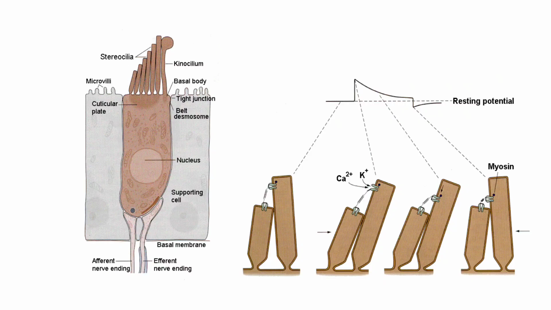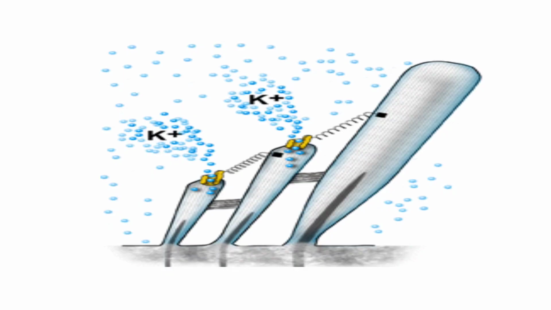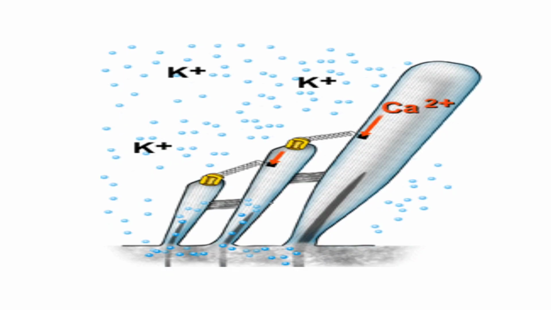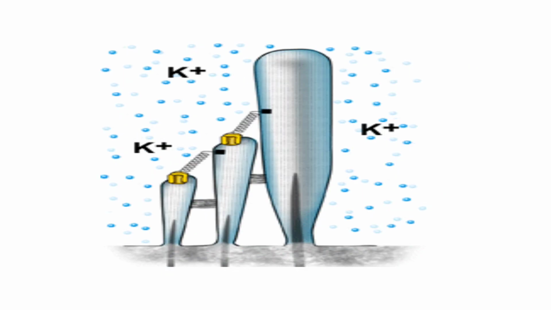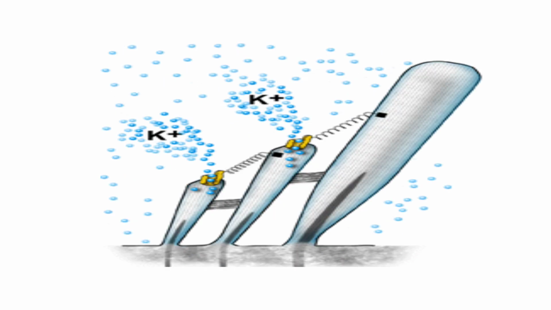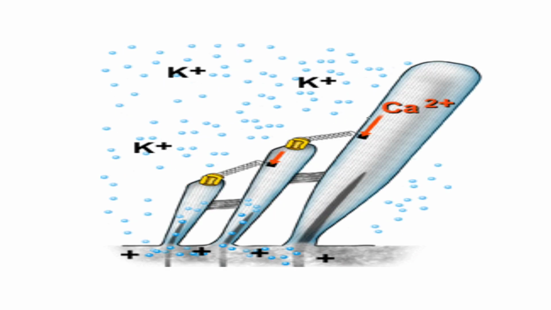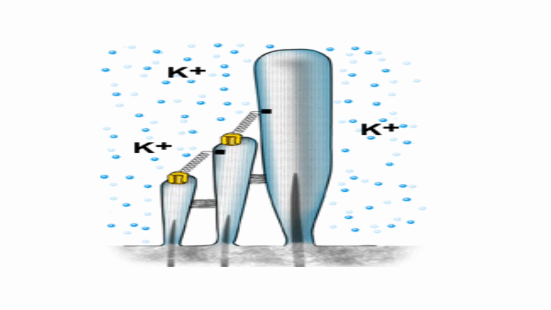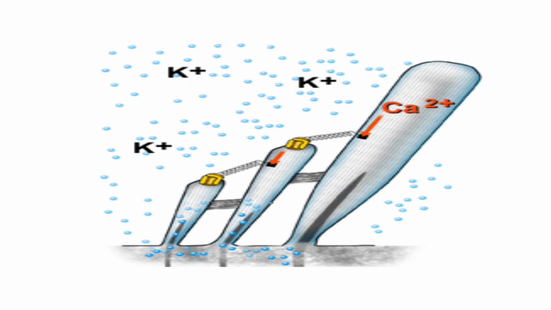So potassium will enter into the cells. Potassium is a positively charged ion, so it will cause depolarization, which will cause the opening of voltage gated calcium channels. So calcium will enter into the cell, and cytoplasmic calcium concentration will increase,